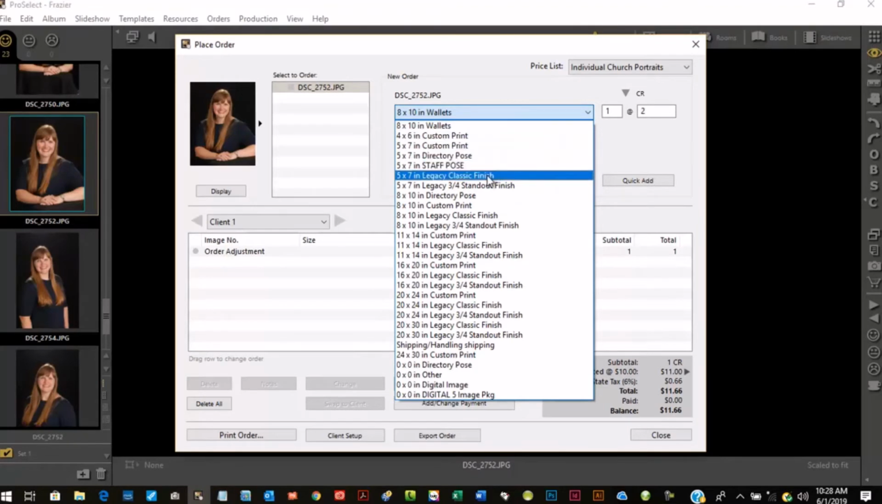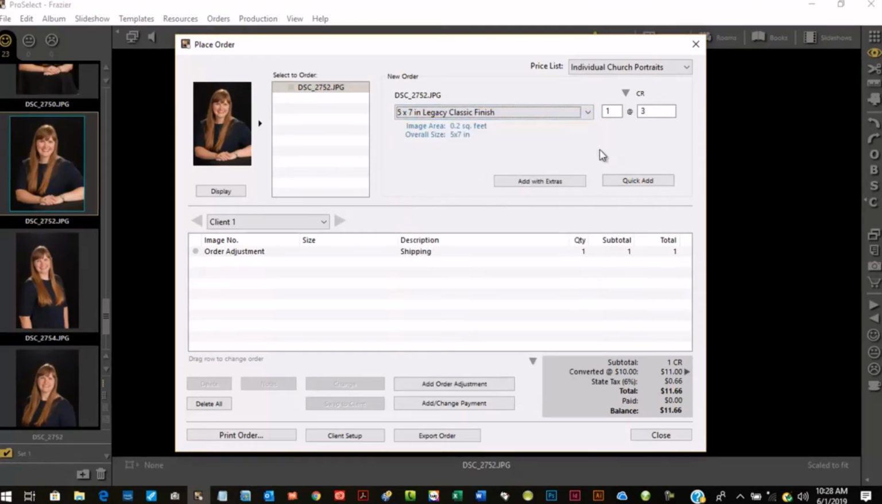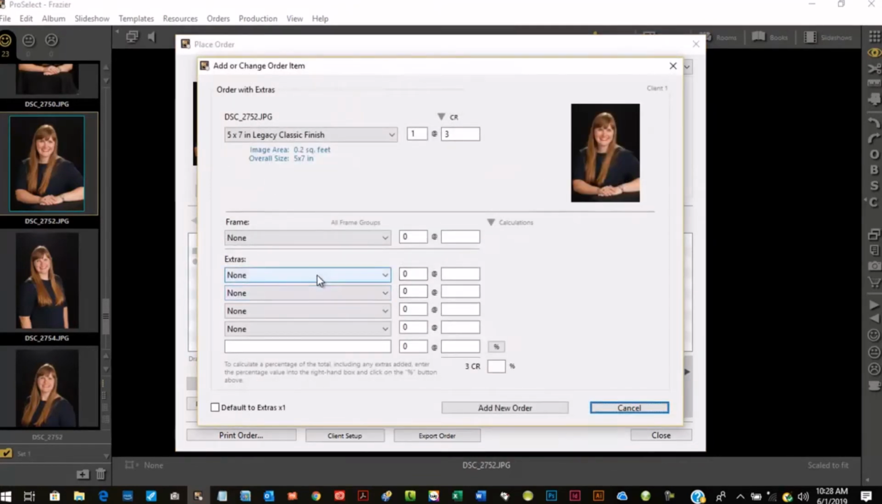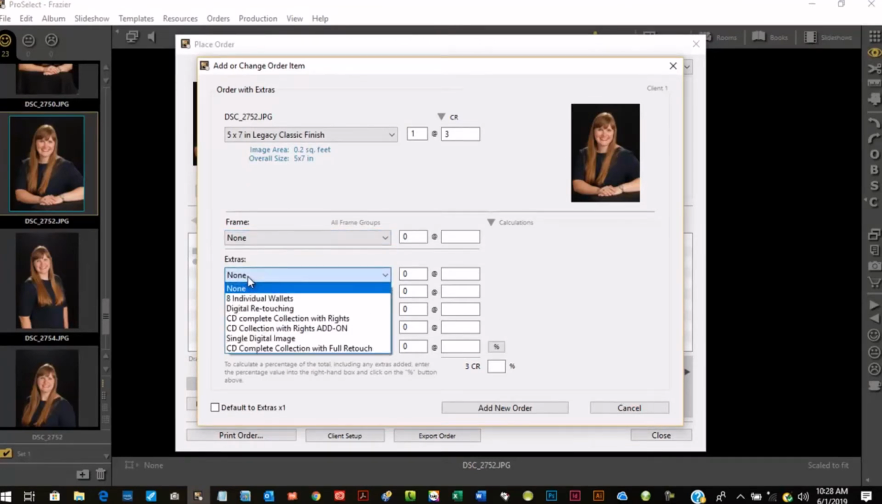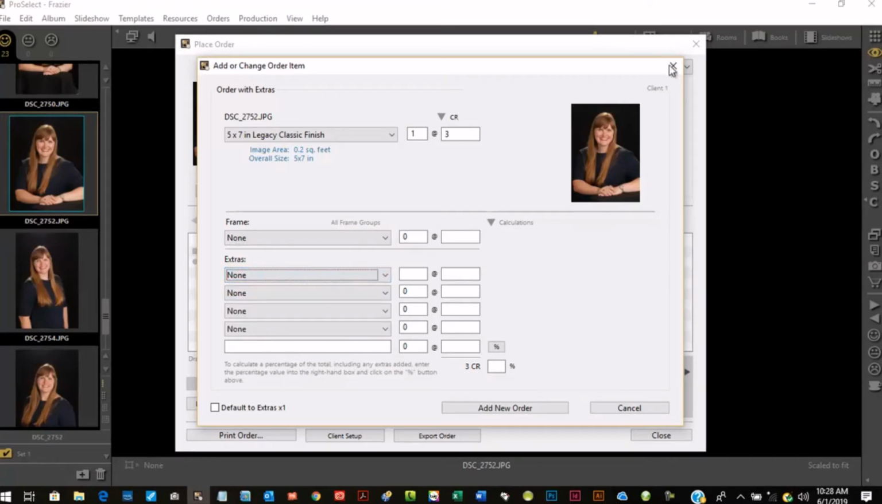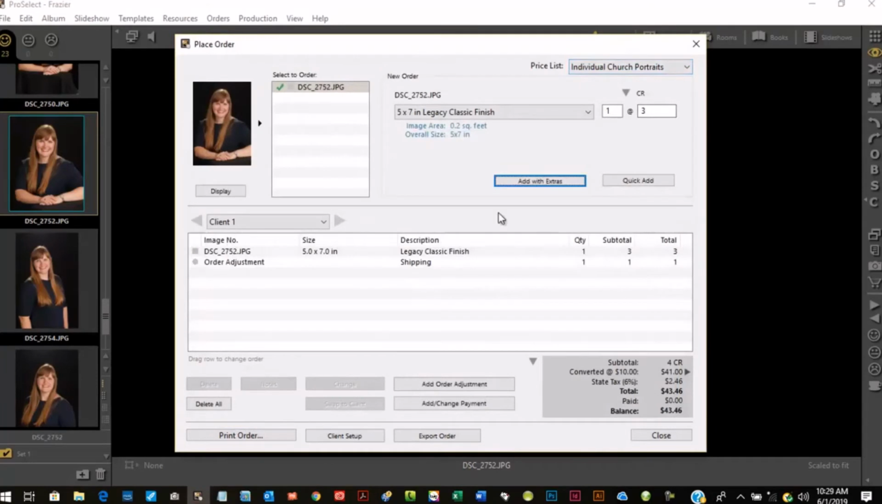They want a 5x7 in the classic finish, which is on the artist board. So we'll do that, and then you can go down here. You can either hit quick add, or you could do an add with extras if you got some extra things you want to put on there, like frames, digital, extra wallets, things like that. Okay. Now let's close that for a minute,